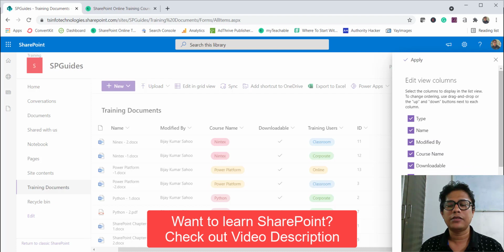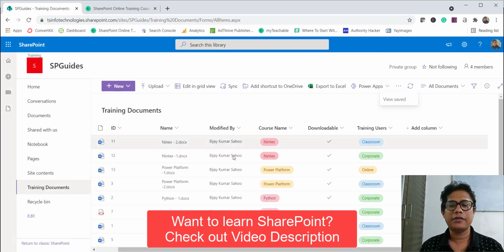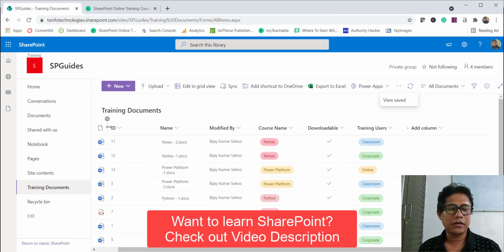So if I want to move this ID column, I can do it like this. Wherever the position I want, I can put it there. Let's say I want to add it here, then click on apply, and now you can see it came over here.